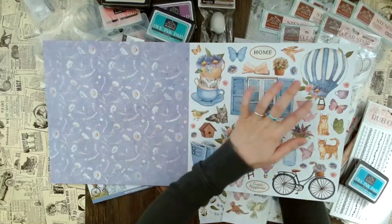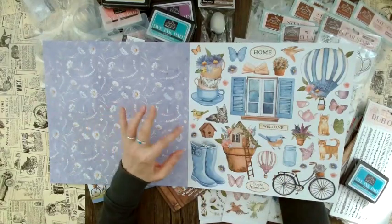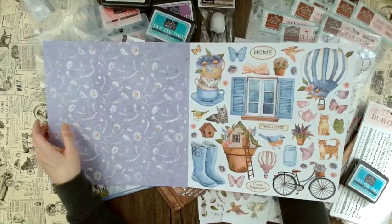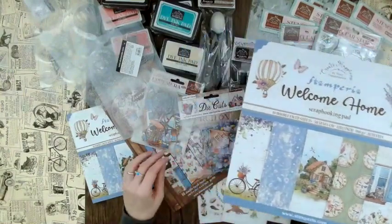So for example, this beautiful hot air balloon. I love these cups here. The cats are so adorable. And yeah, all of these great springtime motifs. So really, really beautiful. However, if you're not into fussy cutting, then that's no problem, because in this collection we